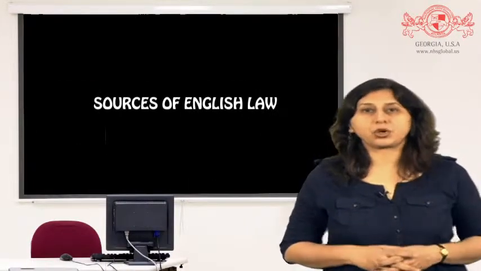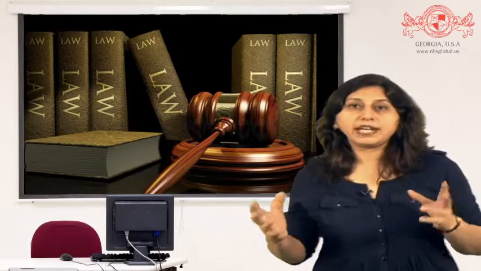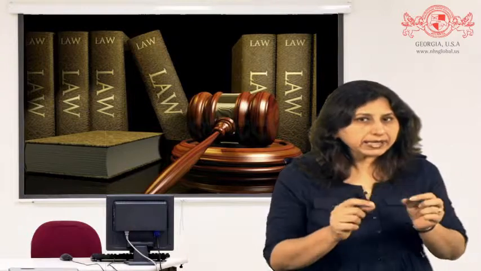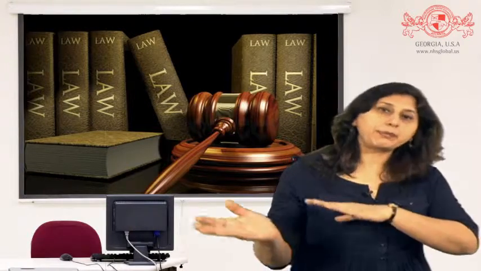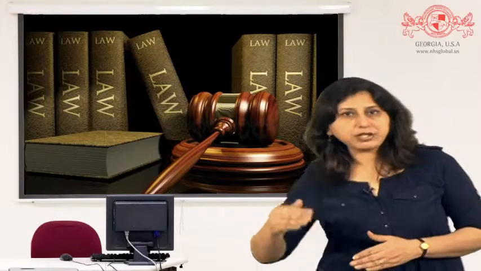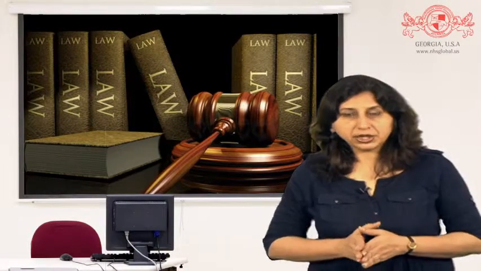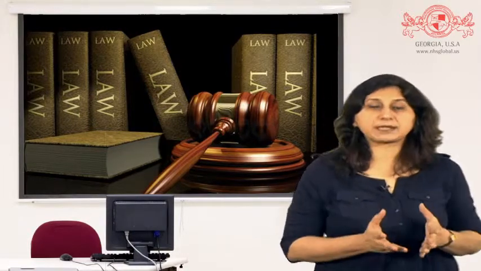Sources of English law. The chief sources of English law are common law. The common law in this context is the name given to those principles of law evolved by judges in making decisions on cases that are brought before them. Thus, common law denotes that body of legal rules, the primary sources of which were the general immemorial customs, judicial decisions, and textbooks on jurisprudence.